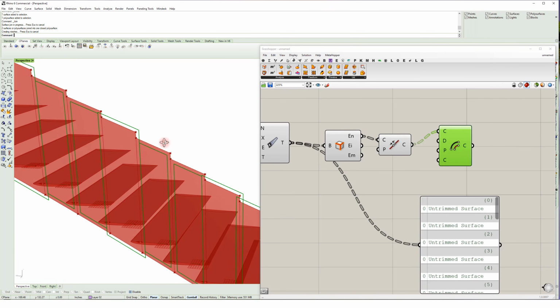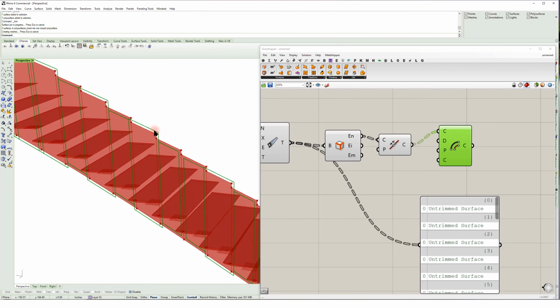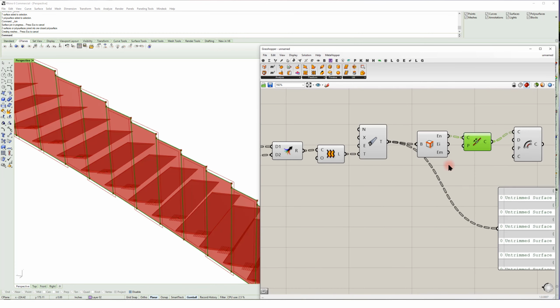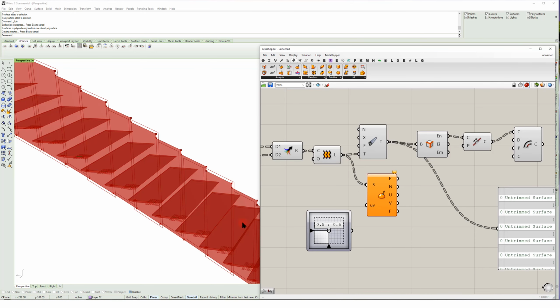And this is always kind of quirky. So there's some places where it's going the wrong direction. The way to solve that is to set a plane in this P here. So we will evaluate the surface to get the plane of our newly formed lofts and put that into the S, and then we'll just double click and get an MD slider. This is going to evaluate that surface at 50%, and just right click to reparameterize